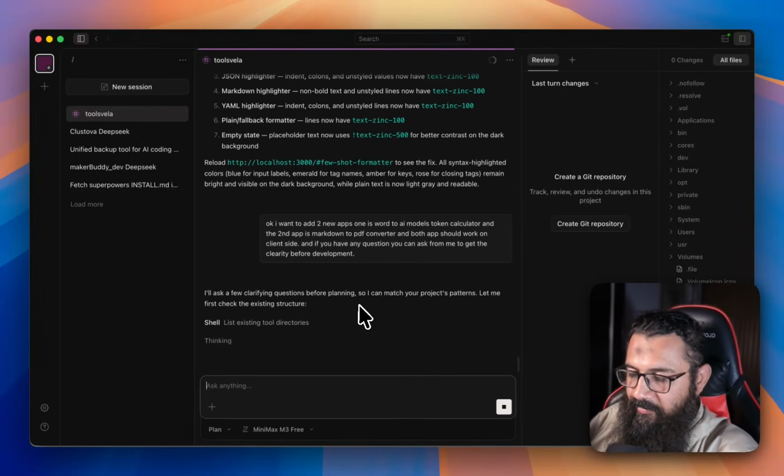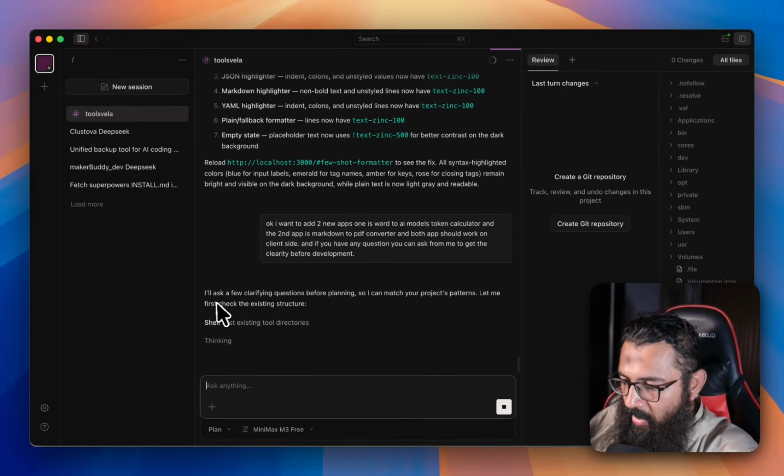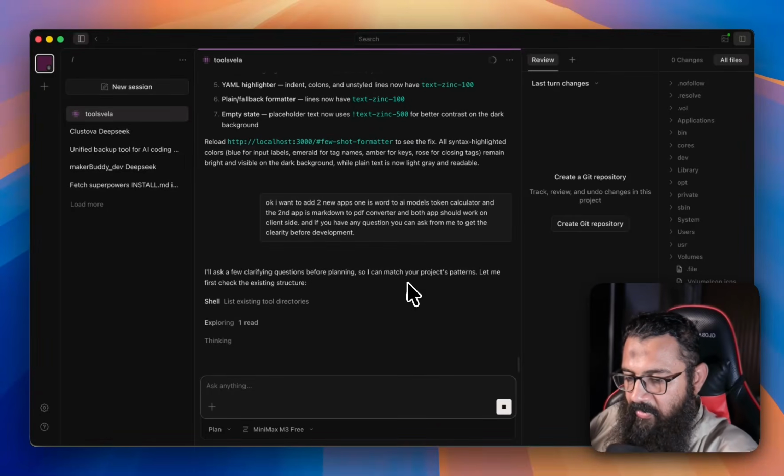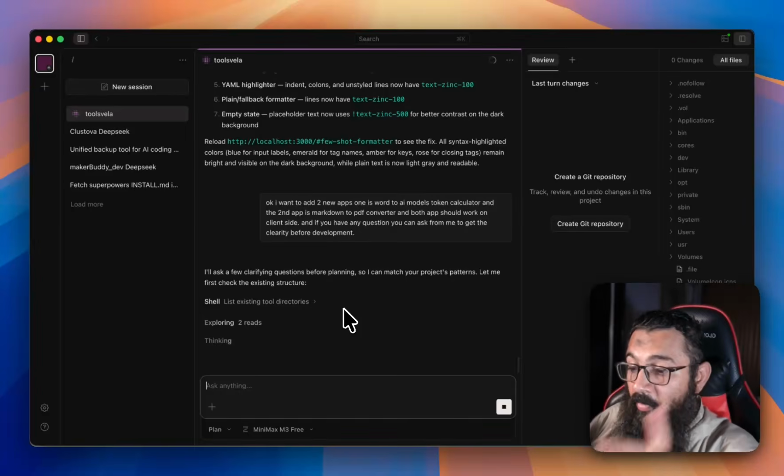Okay, now here I will ask a few clarifying questions before planning so I can match your project's pattern. Let me first check the existing structure. And one more thing is that